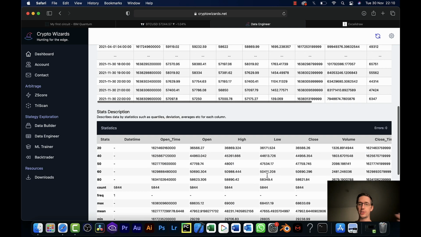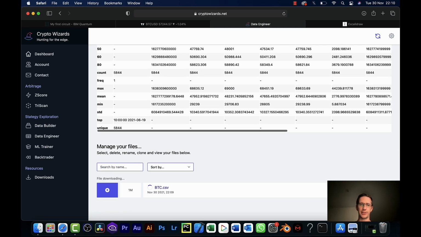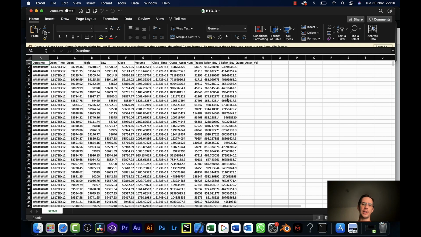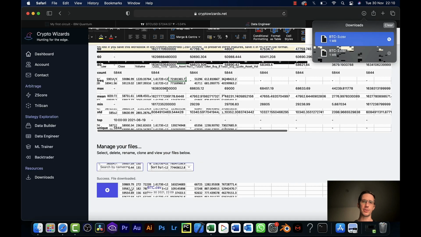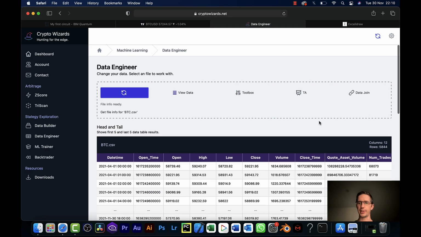Now, just very quickly, by the way, you can download this into Excel as well. If I click on the down arrow, that should download the file, and then you can work in that file. You can put whatever formulas you want on it, and then you can re-upload it if you want to, whether it's at Crypto Wizards or Google Colab or whatever you're using. But I don't want to do this with any coding. I just want to do it bootstrap, brass tacks, and get on with it.